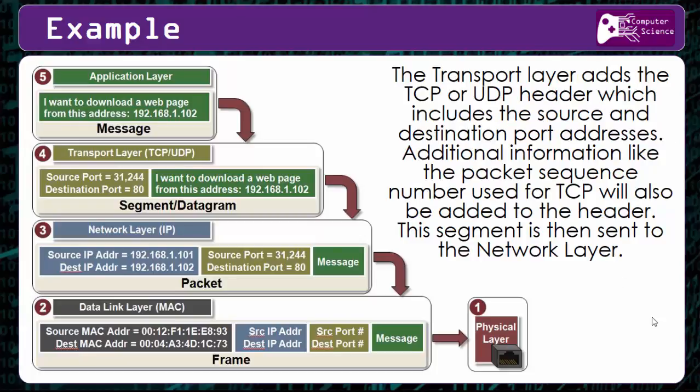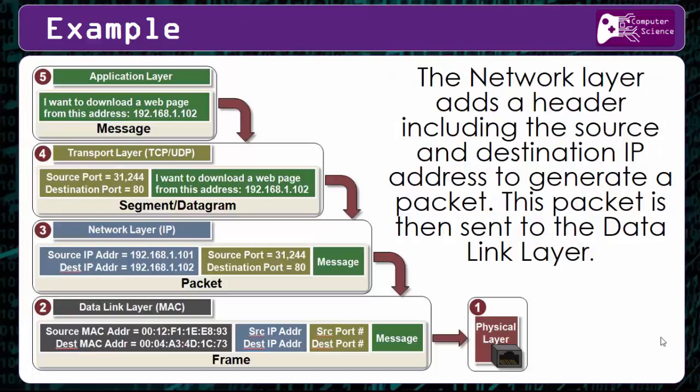Then the transport layer adds a TCP, or if it needs a fast connection, a UDP header, which has the source and the destination port addresses. It might also include information such as the packet sequence that's going to be used, and then it's all passed down to the network. Then the network layer adds its header in, which has the source and destination IP addresses